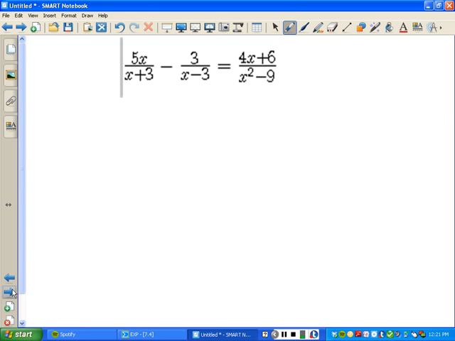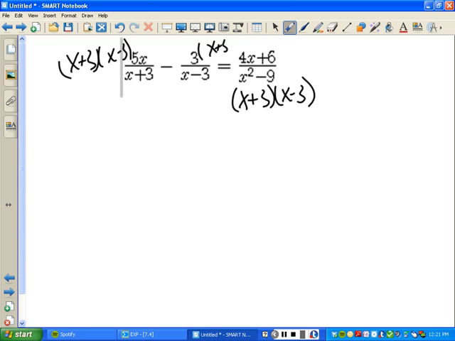And lastly, this one. I think this is probably the hardest of the group. Common denominator here is x plus 3, x minus 3. So you're going to multiply through by x plus 3, x minus 3. The x plus 3 cancel. We're left with 5x, x minus 3,